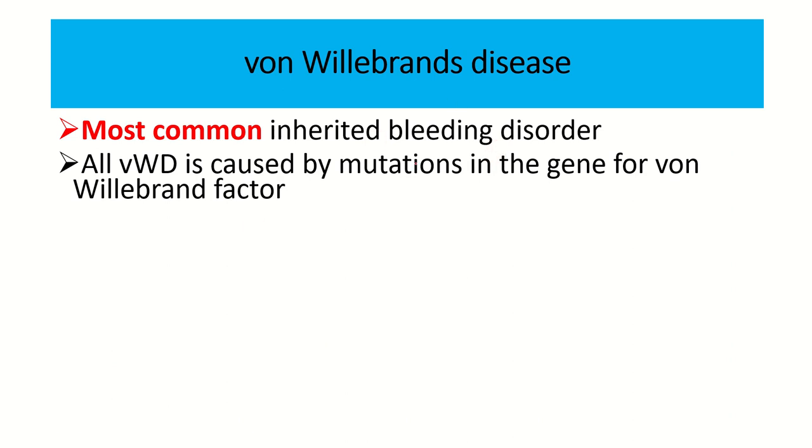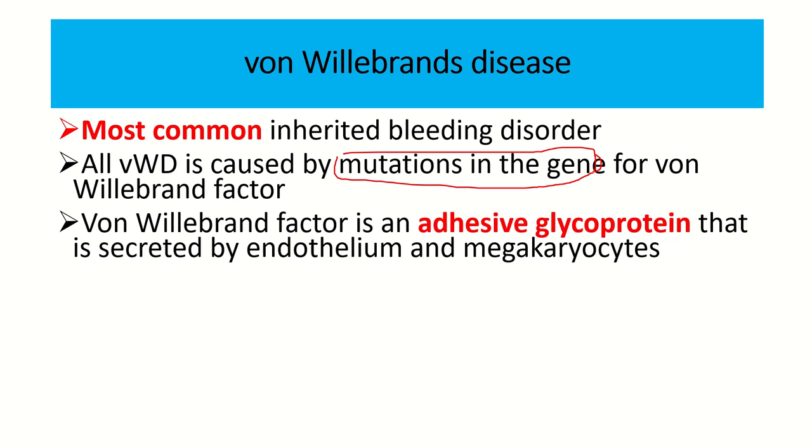So this point is very important, that von Willebrand disease occurs due to mutation of the gene. Then von Willebrand factor is an adhesive glycoprotein, and it causes adhesion of different molecules in the injured area, and it is secreted by the endothelium and megakaryocyte. So these 2 points are also important, that von Willebrand factor is released from the injured endothelium, and also